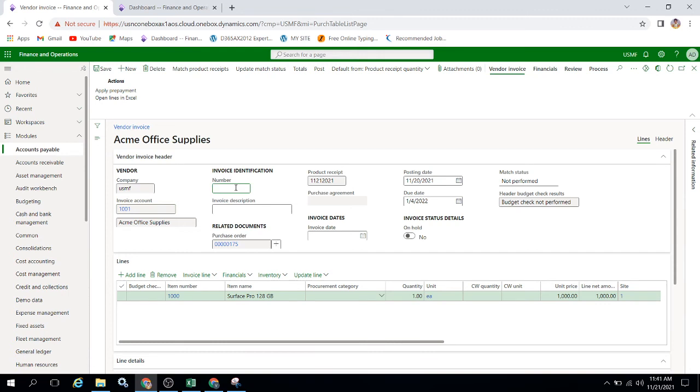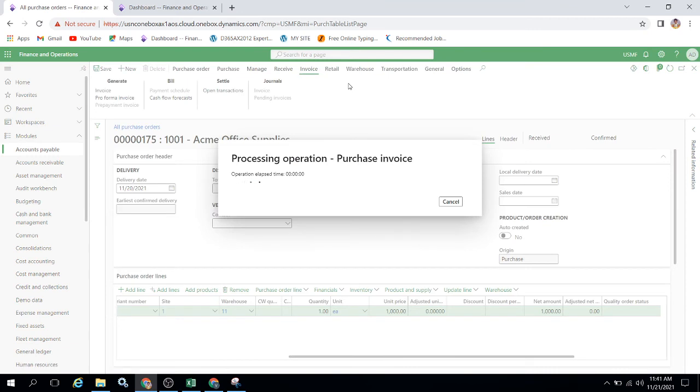So I'm providing the invoice number also, like 11 21 2021, and update match status. The match status is passed, and I'm posting this vendor invoice.